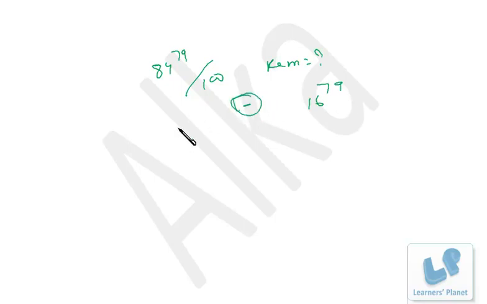Now you do one problem. 84 raised to 79 divided by 100, what is the remainder? Now you have to try this. After that only you will see the solution, right? Now if it is divided by 100, that means we have to find out the last 2 digits, right? So 84 divided by 100, the remainder is 16. So it's minus 16 raised to 79, right? So that's precisely 16 raised to 79, and we are retaining this minus sign.